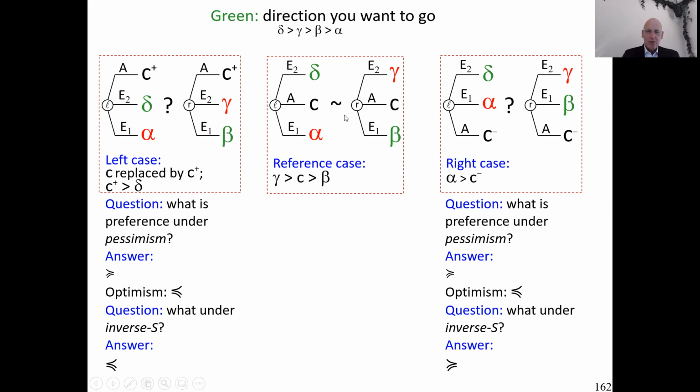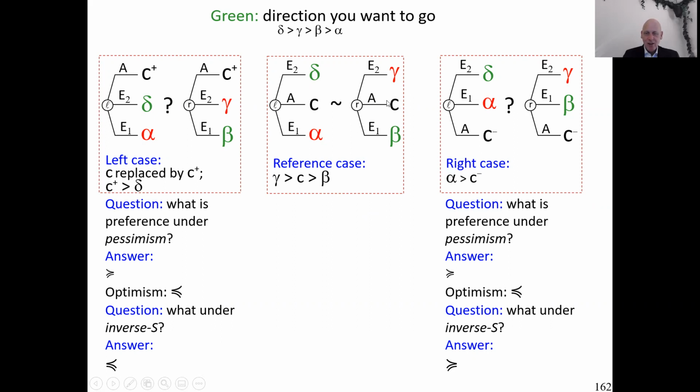And you see here is again this common outcome, capital C. We do much like we did with risk. Still, in each figure, the best outcomes are depicted in a higher place. So higher places have better rank. And still, green indicates the direction where you want to go. So all the same as with risk. And again, we assume that we chose the outcomes in the reference case such that we have indifference here. Then we're going to see what happens if we change the common outcome.